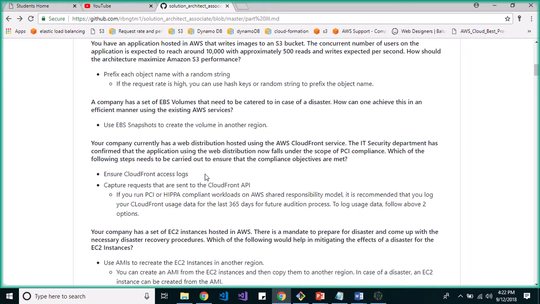So we have two things that we need to ensure. That is to ensure the CloudFront access logs and to capture requests that are sent to the CloudFront API, right? Why is that? If you run PCI or HIPAA compliant workloads, the probable question which you'll see is PCI compliance or HIPAA compliance, right? So if you run PCI or HIPAA compliant workloads on AWS shared responsibility model, it is recommended that you log your CloudFront users data for the last 365 days for future audit process. To log the users data, follow the above two options, which is to ensure CloudFront access logs and capture requests that are sent to the CloudFront API. Okay,